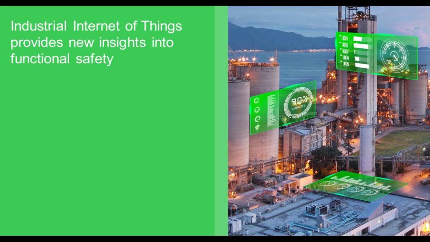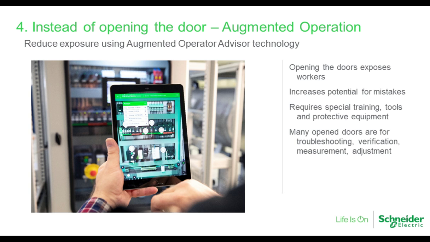But because of the Internet of Things, the industrial Internet of Things, there are some other ways that we may be able to expand our horizons a little bit, think outside the box, and consider productivity, not just safety. And they need to be together. So an example of that is being able to use some means of augmented operator